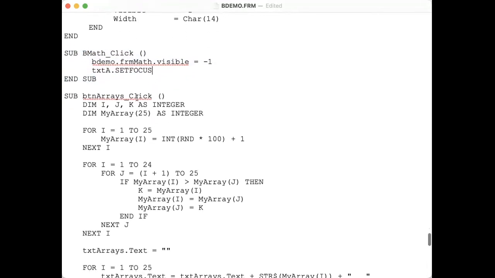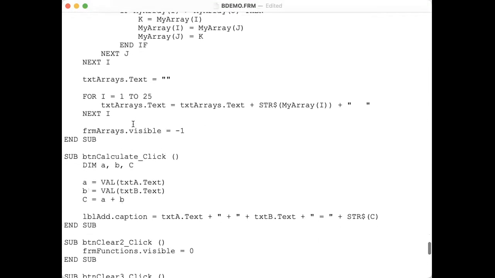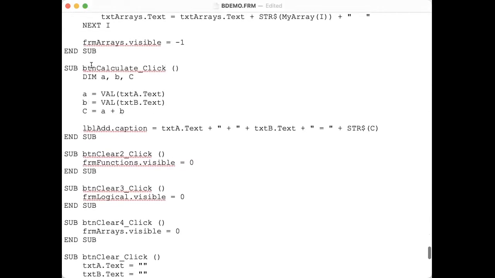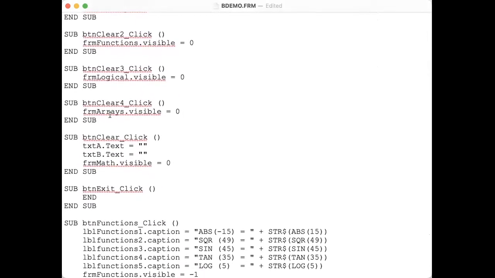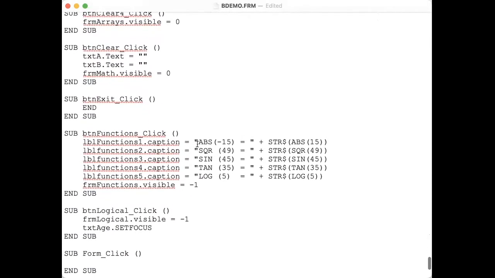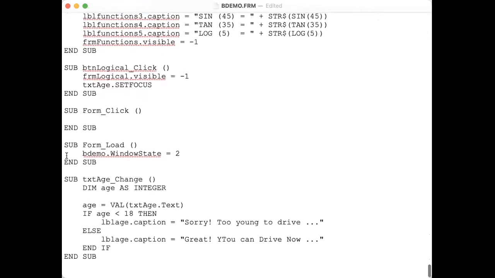And then for the buttons, each one of the elements in my Visual Basic form will have a subroutine associated with it where something will happen, whatever it is, make something invisible, print something, like in this case, button functions click, and I'm saying, hey, label BL functions one caption equals this, obviously it's for the part where I'm printing the math thing. And when I load the form, the Windows state,